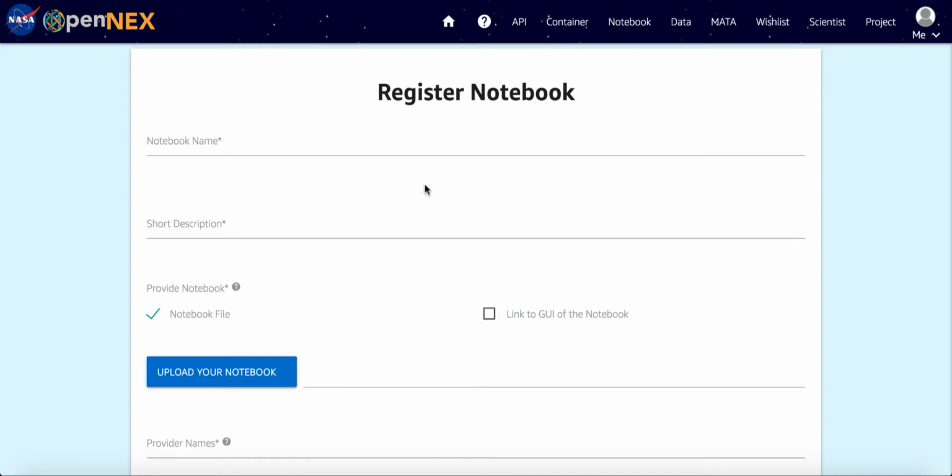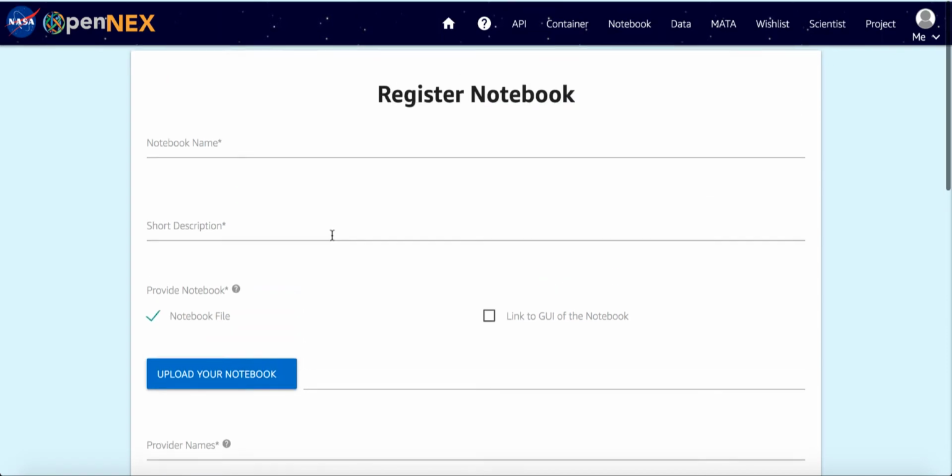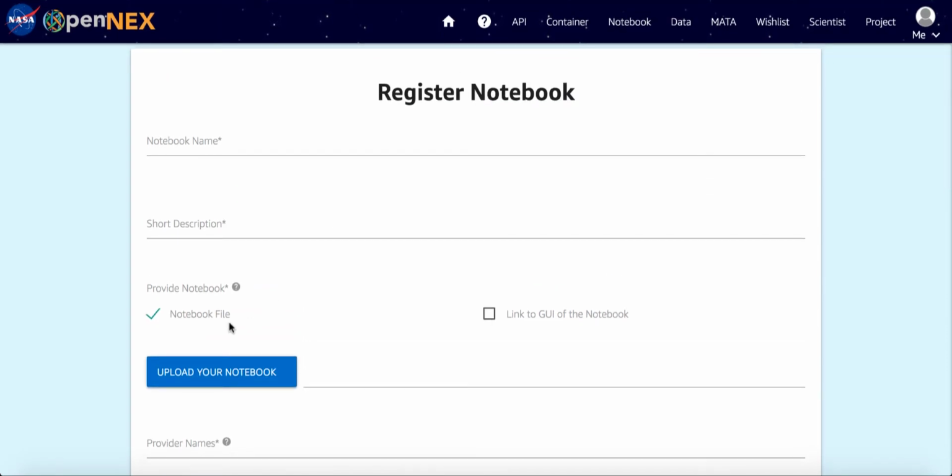Please note that the asterisk beside a field means that the field is mandatory. So mandatory fields for registering a notebook are notebook name, short description, providers' names, and providers' affiliations. You must also provide the notebook by either providing the notebook file or by providing a link to the GUI